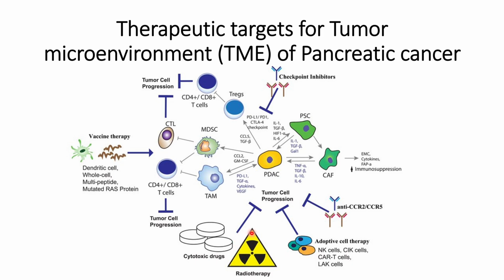The next one is radiotherapies or cytotoxic drugs. Radiotherapies and cytotoxic drugs have some side effects, but they can directly kill the tumor cells and reduce the number of tumor cells present in the patient at a given point of time. However, radiotherapies are not advised as the first method for treating cancers, as they have many side effects, since radiotherapies are not able to distinguish whether the cells are healthy or tumor cells. So these are some of the therapeutic targets used to target the tumor microenvironment